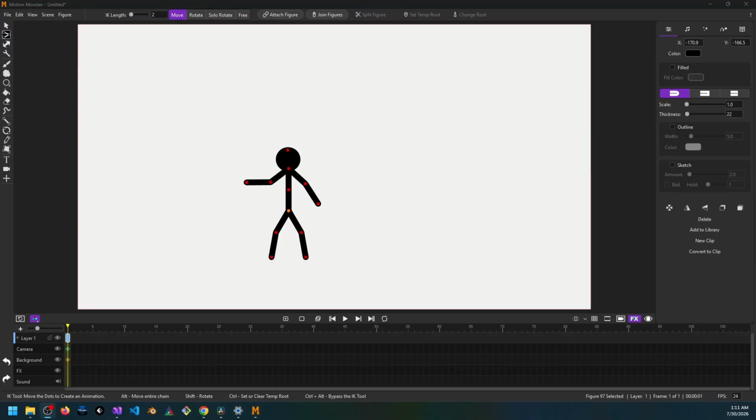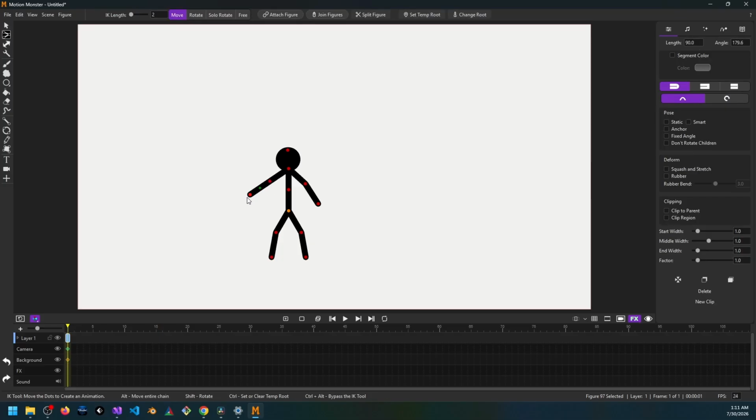Now, when I'm animating, I actually like to use the IK tool. The IK tool is the second tool down. It lets us move multiple segments at one time. It makes it go faster, keeps it from being as tedious, and so we can move entire chains of